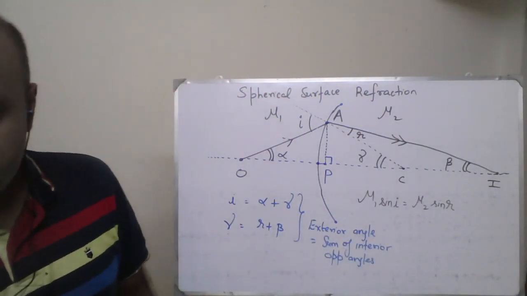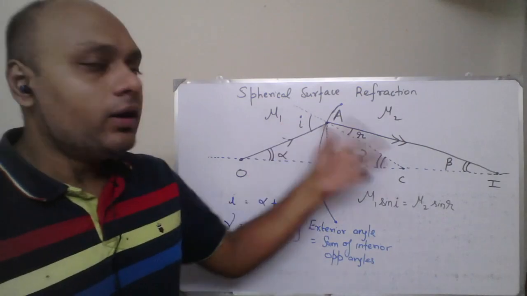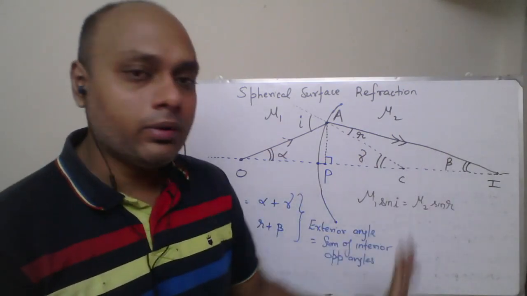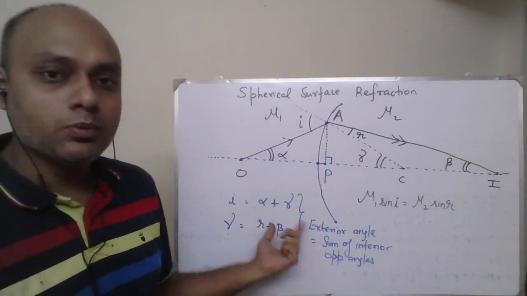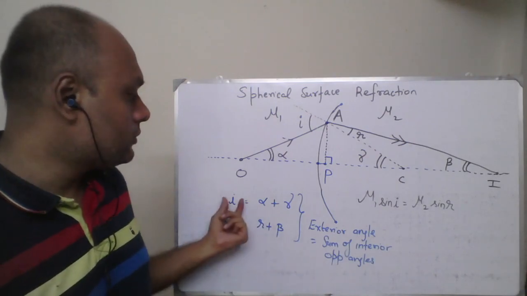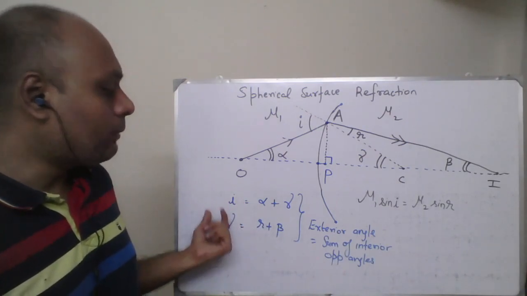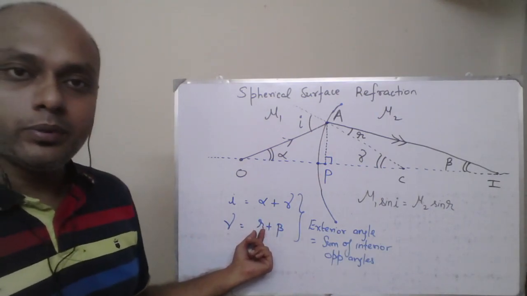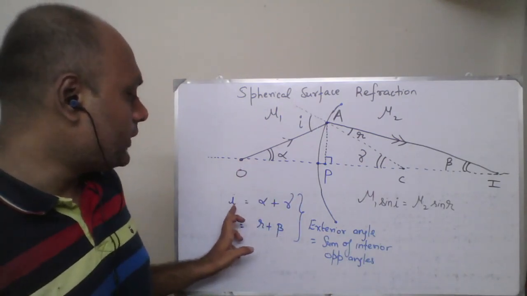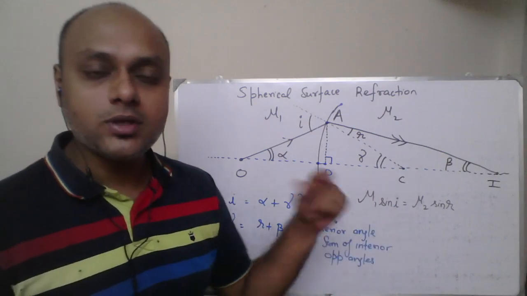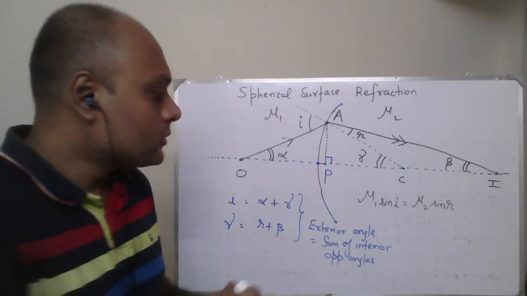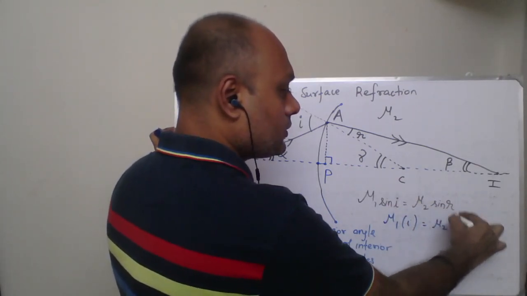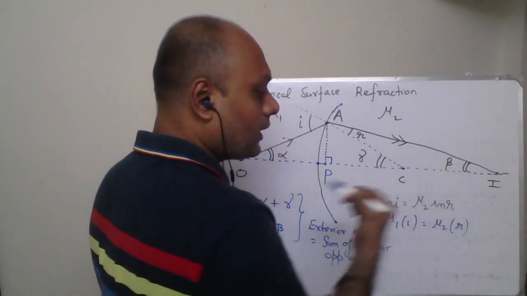But what I am going to say is I and R are going to be small angles. Reason being, I is alpha plus gamma, and alpha, beta, gamma are all small angles. If alpha, beta and gamma are small angles, alpha plus gamma is also going to be a small angle. So I is going to be a small angle. Gamma itself is small, so R also must definitely be a very small angle. So I is small, R is also small. So sin I will be replaced with I, and sin R will be replaced with R. I is an angle, R is an angle.